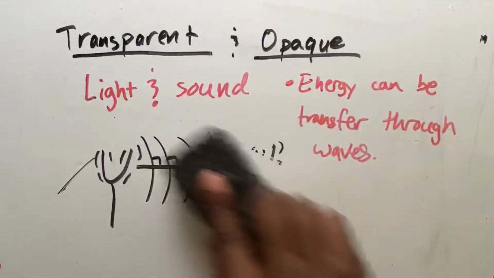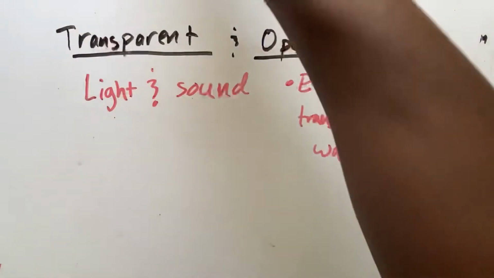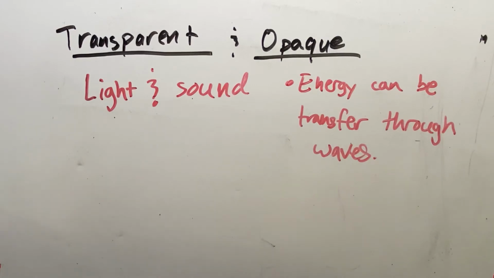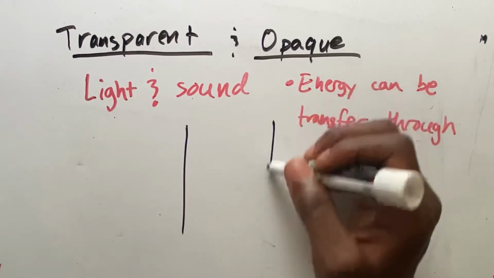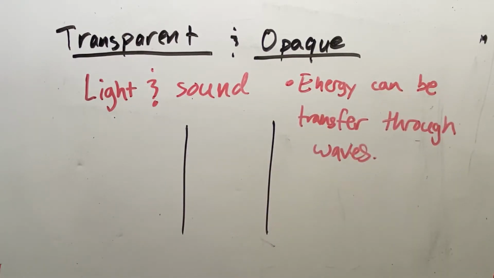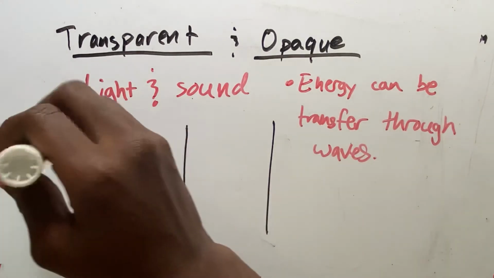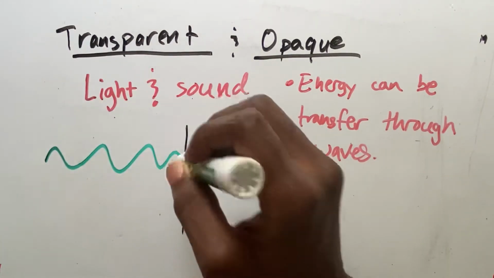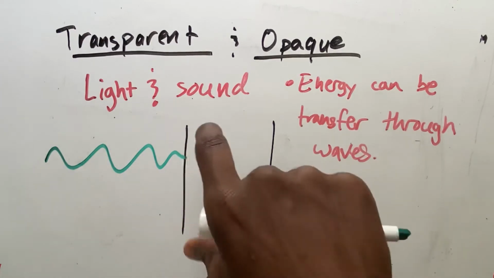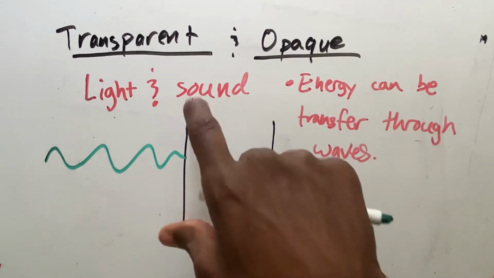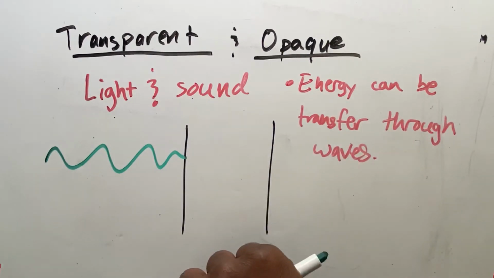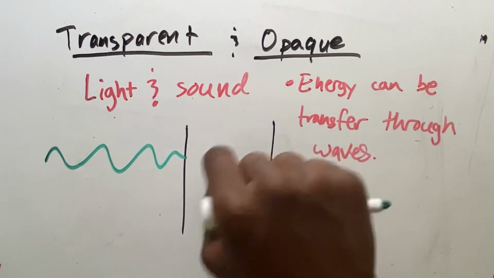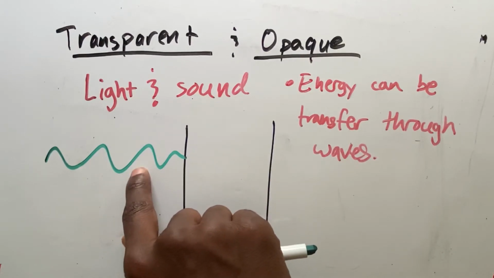Okay, so now let's think about light, because light behaves the same way. So if I have basically some glass here, some thick piece of glass, and I have light coming in, boom. So light comes in, boom, hits this glass material, but this glass material has little atoms inside of it, right? So these atoms are going to absorb that light.